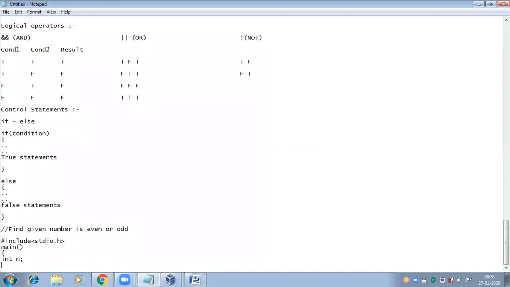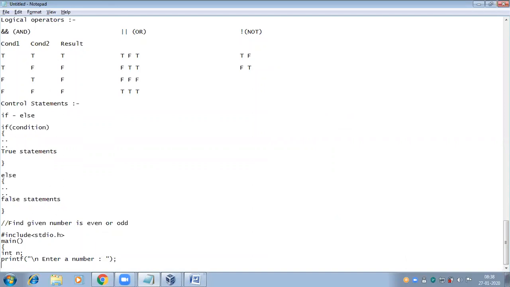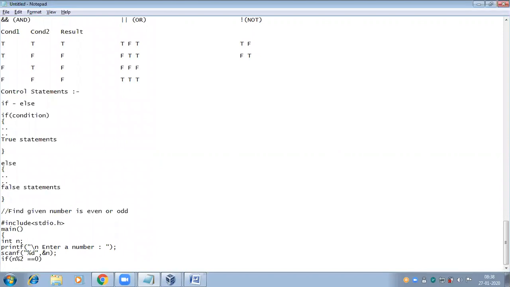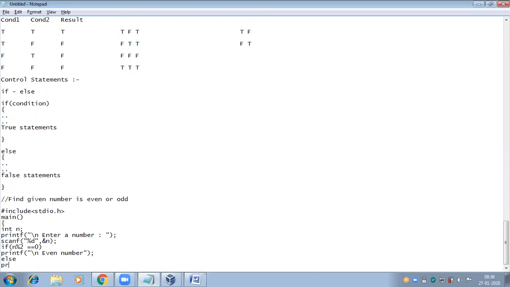Only one variable is required here. Printf enter a number, and scanf %d, address of n. If n % 2 is equivalent to 0, if the condition is true, then printf it is even number, else odd number.